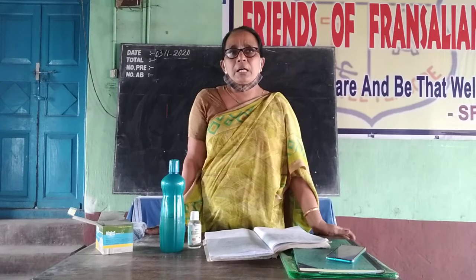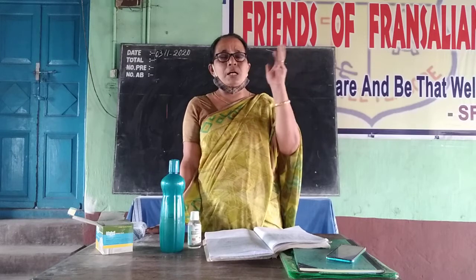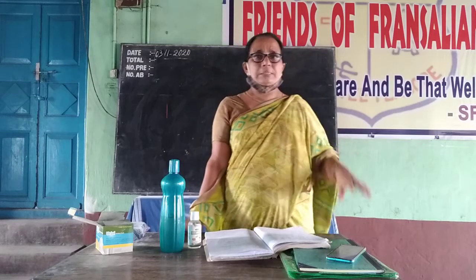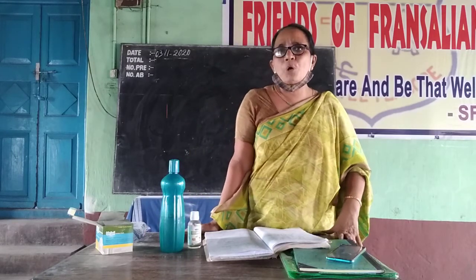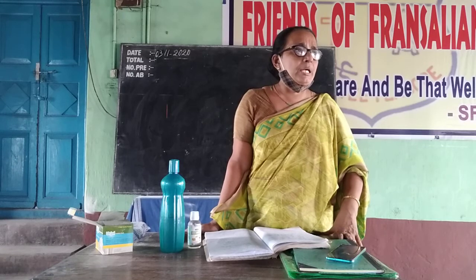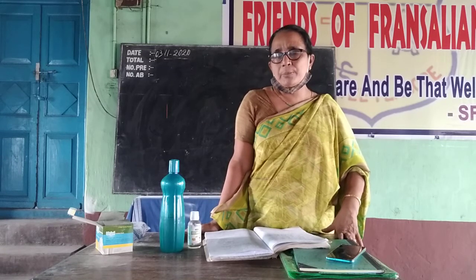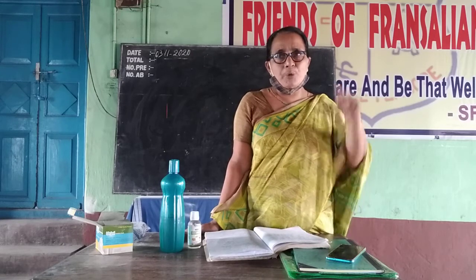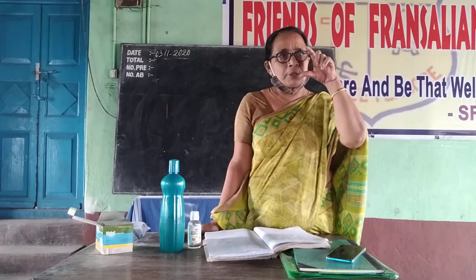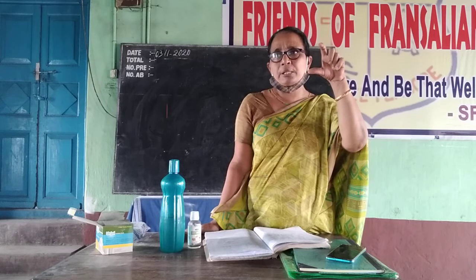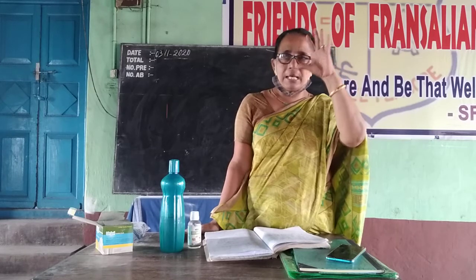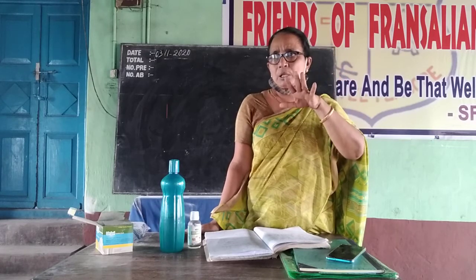Total surface area: internal curved, external curved and two base areas. So 2 pi small r h plus 2 pi capital R h plus 2 pi (capital R square minus small r square). Keep in mind all the surfaces included in that one. Like that you can get it, not by rote learning.